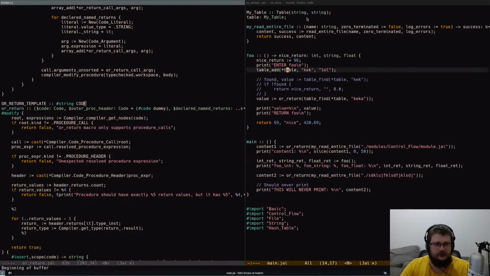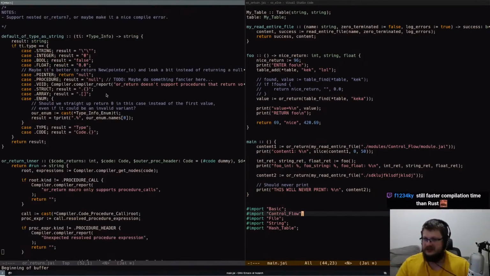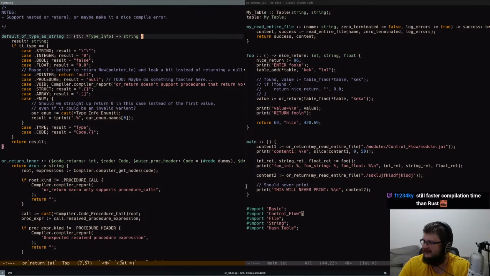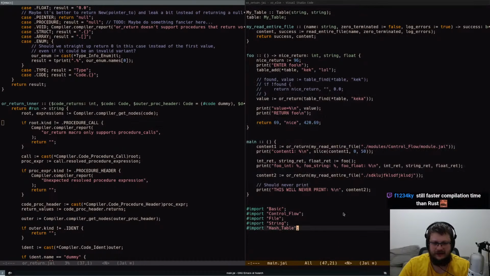We have our return that works for modern Jai conventions. We actually even fixed one bug with the string literal. Still faster. I mean, come on, it's very easy to beat Rust compilation times, right? So what are we talking about? Yeah. Anyway,